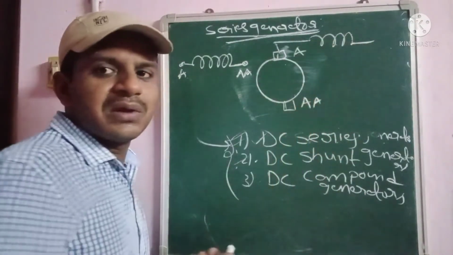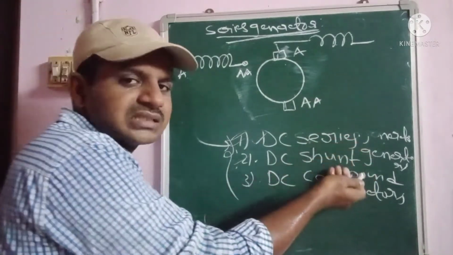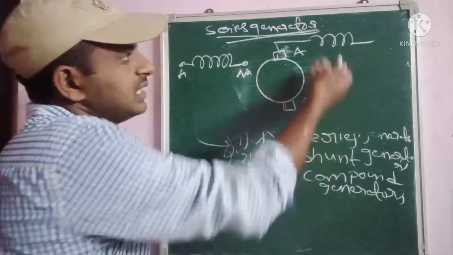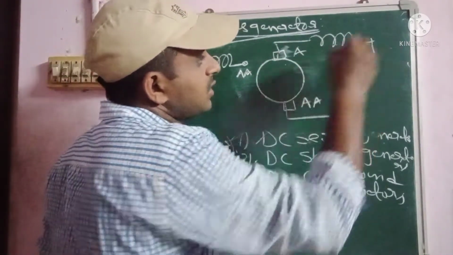According to the connection of field winding, there are different types of generators, like series generator, shunt generator and compound generators. This is a DC series generator. This DC generator, you already know that